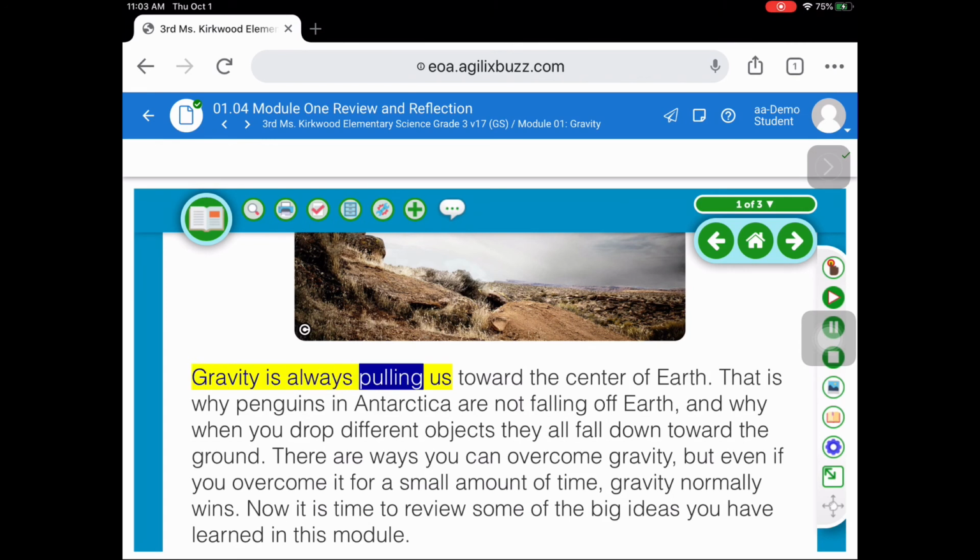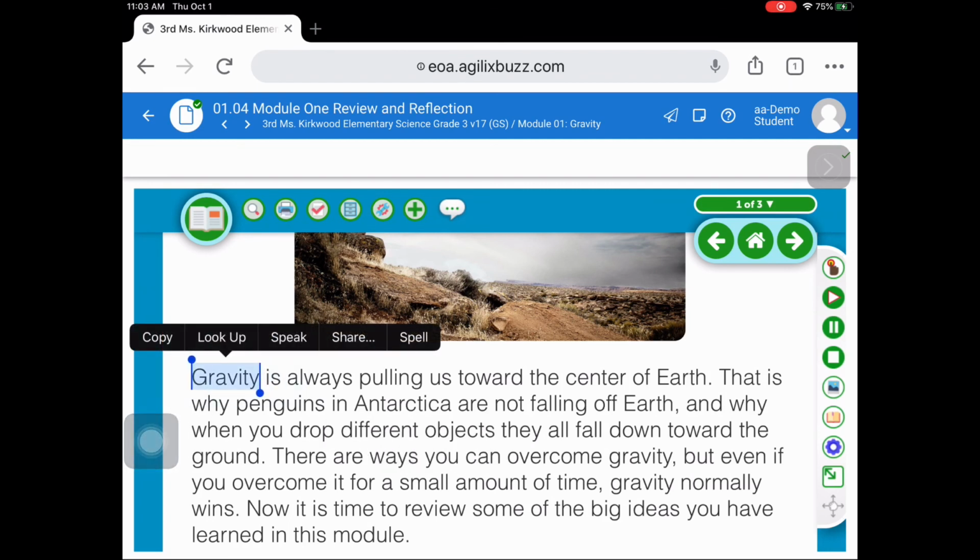Gravity is always pulling us. Great. So that worked very well. Again, if it was just a single word, we could just highlight that single word with our finger and let go. Tap speak. Gravity. Okay. And since we were talking about